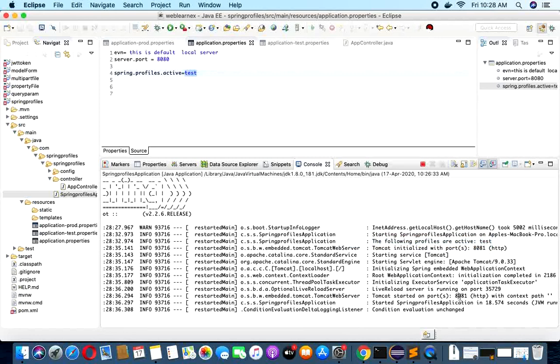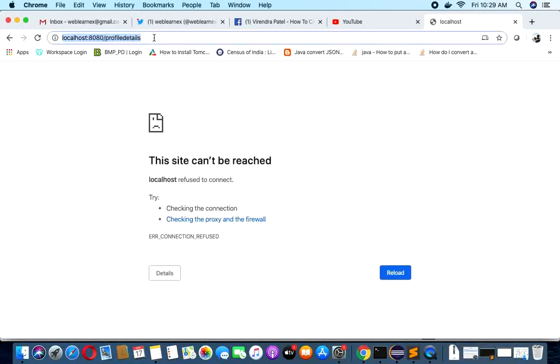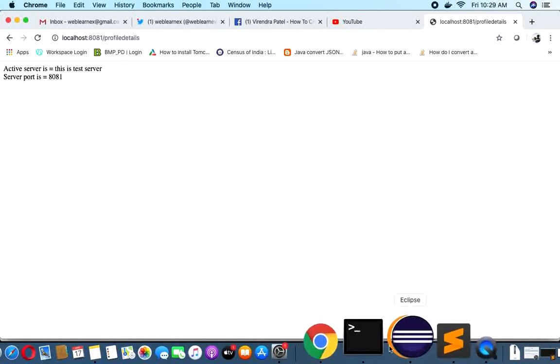my application is up and running on the 8081 port. If I click on 8080, then the application is not up and running, so I need to add the 8081 port. So you can observe here the application running on the 8081 port, and this is my test server.